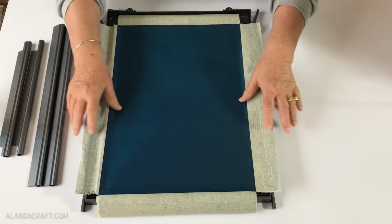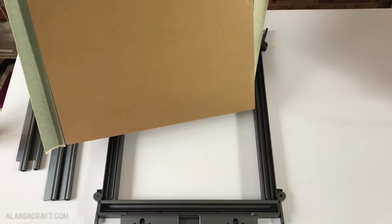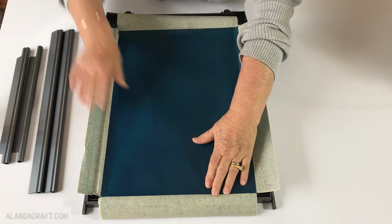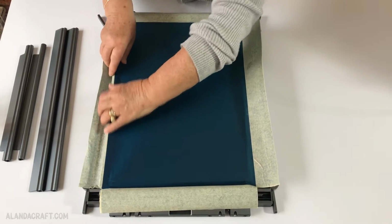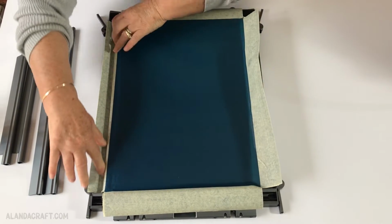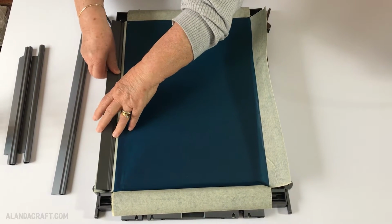Now you don't want this to fall down into the inside here. It actually has to rest on top. Okay, and you can see here it's got a cardboard layer there, and that cardboard layer fits within the frame. Okay, so once you've got that in position, you push down the tapes on the side into the groove. There's grooves that run all along the machine, and push that down into the groove, and take one of the bars and then push it down into that groove,